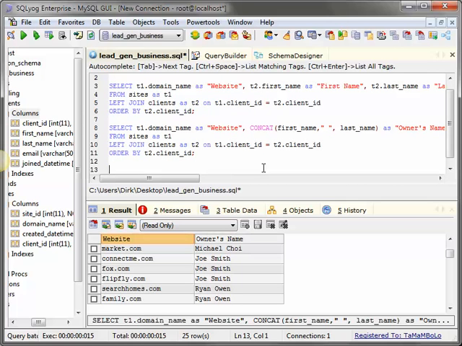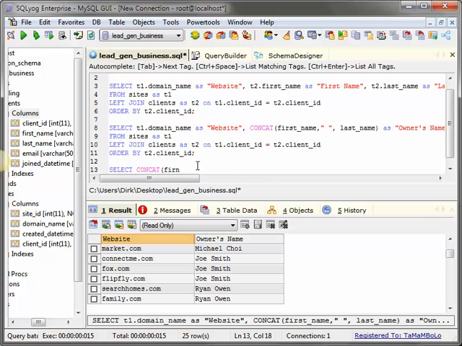For the group concat, let's first display the name.